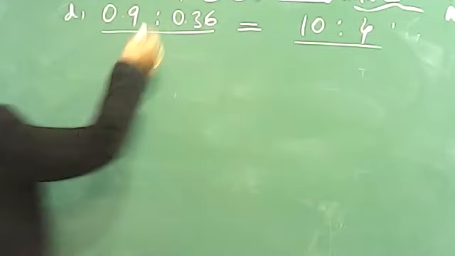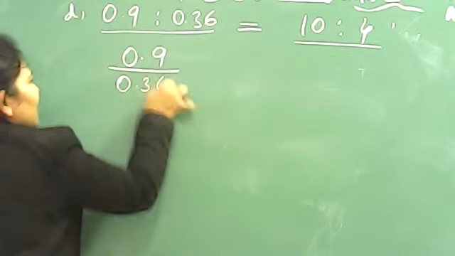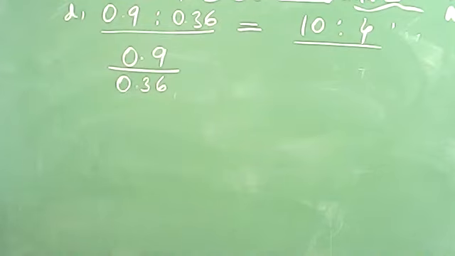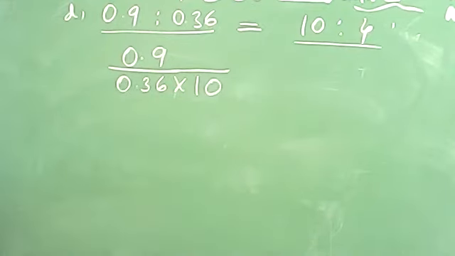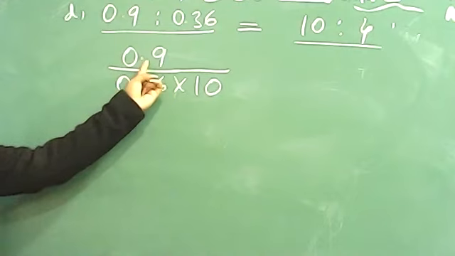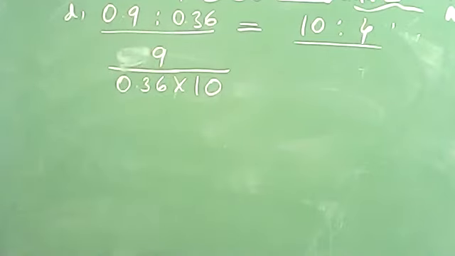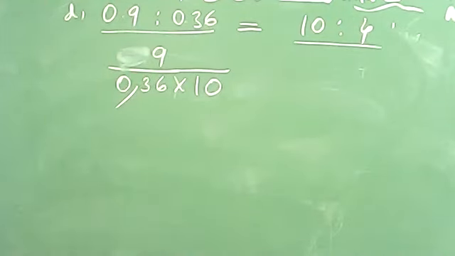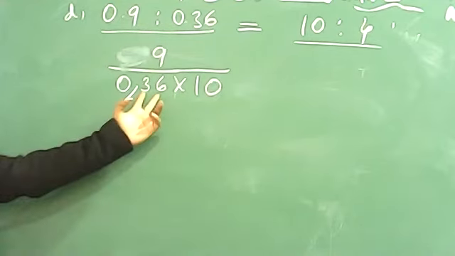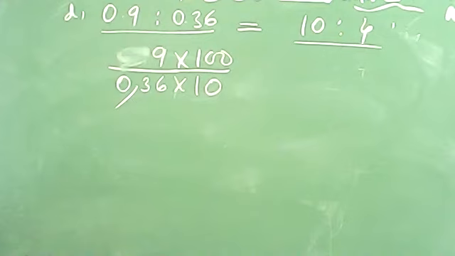The next question is in decimal and we have to check whether they are in proportion or not. So first of all, it would be 0.9 upon 0.36. ठीक है, जब भी हम डेसिमल के नंबर को बेटा सॉल्व करते हैं और डेसिमल हटाते हैं, आपने पढ़ा भी था डेसिमल को फ्रैक्शन में कैसे कन्वर्ट करते हैं। You will remove decimal and you will get that many number of zeros along with 1. तो एक आपने डेसिमल यहाँ से हटाया तो यहाँ क्या बन गया 10। It means you will have now 0.9 की जगह नंबर क्या बन गया अब 9, ठीक है। Now when you will remove decimal here, तब ऊपर कितना जाएगा, चलिए बताओ 10 जाएगा। How many numbers are here, 2 are there, so it will give here 100.